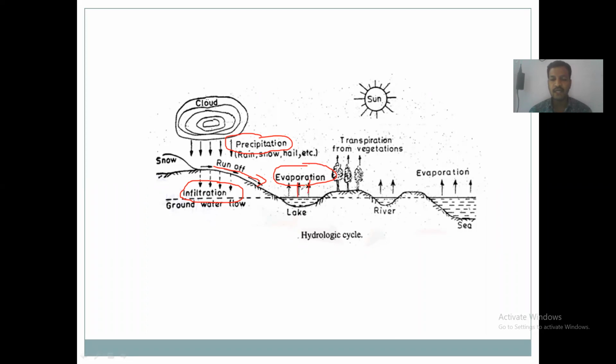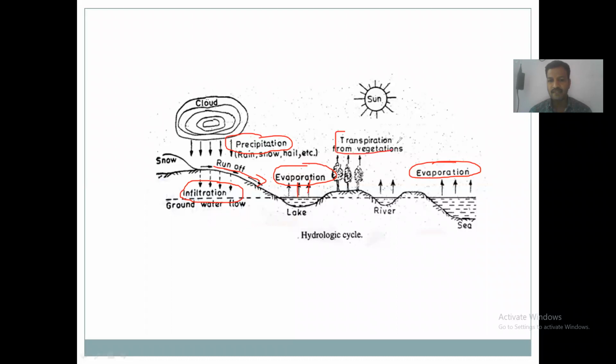Water will escape into the atmosphere due to vaporization. In case of high temperature, when temperature increases, the water is heated. Due to the increasing temperature of water, the water molecules will escape into the atmosphere. Vaporization occurs. Water vapor will accumulate in the sky. It forms a cloud. This process is known as evaporation, from the lake, river and seas. This is the evaporation process.